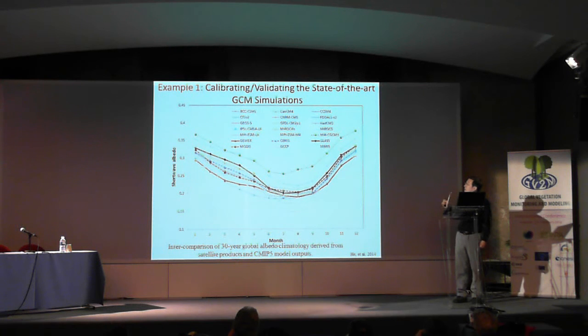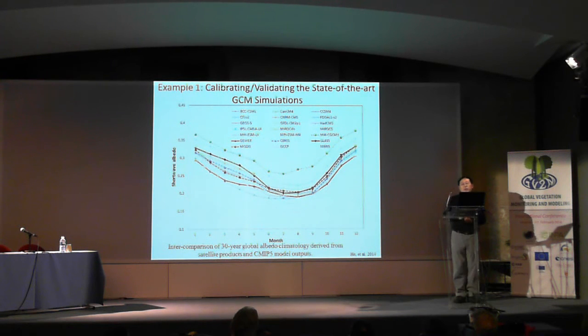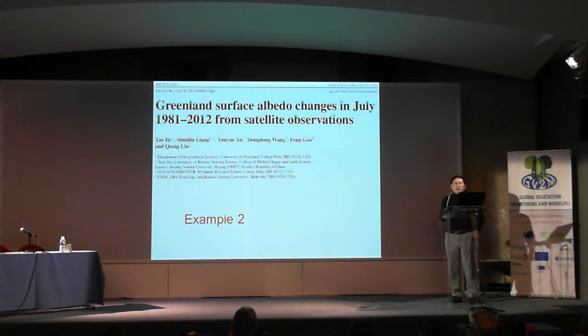If you look at the details at a specific time and location, the difference is even much larger. Particularly if we compare to the GLASS product here, most of the models look like they underestimate surface albedo. So the satellite product is very important for calibrating or validating model simulations. Another example is